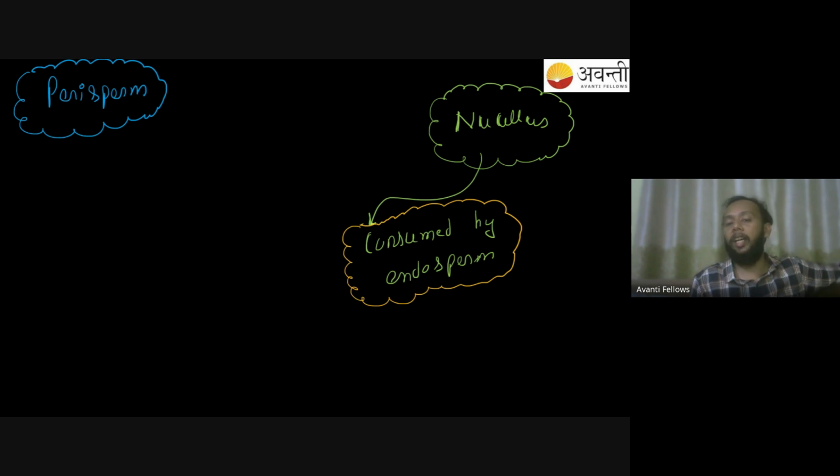अब होता क्या है कि जनरली आपका न्यूसेलस पूरा कंज्यूम हो जाता है. So again you have two categories. You can have a category where the nucellus is getting completely consumed, or you can find a seed where some amount of nucellus is seen. If you find some nucellus remaining in the seed,